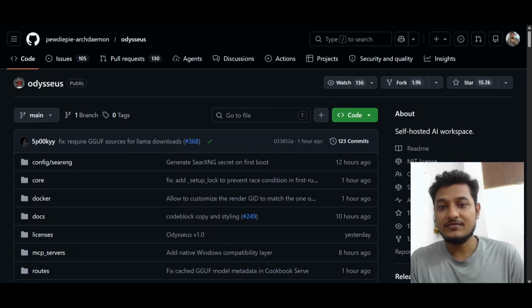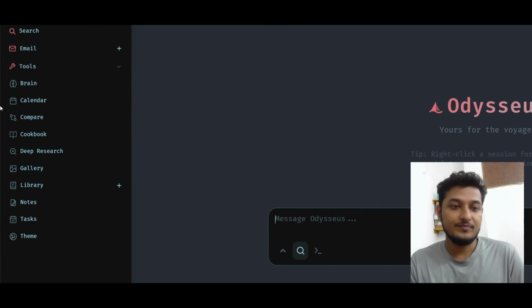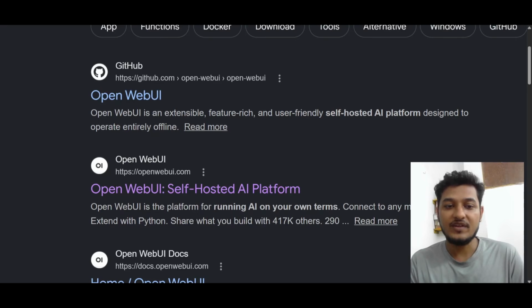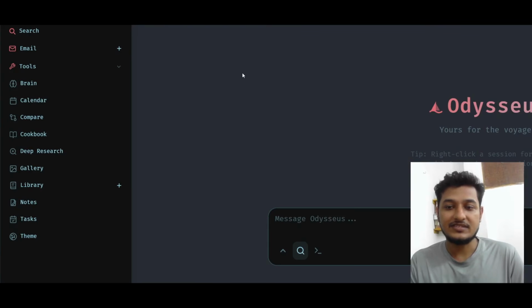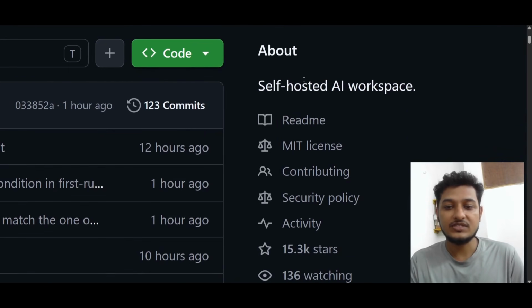I am currently running this product locally, so I will show you all of that setup, how you can run it, all of that step-by-step process. You can use any of the local models that you have installed on your machine, and also you can use any of the cloud models. Basically it is the same as the Open WebUI, but in the case of Odysseus you will find many more features than Open WebUI. So if you go to this GitHub page, he has written that it is a self-hosted AI